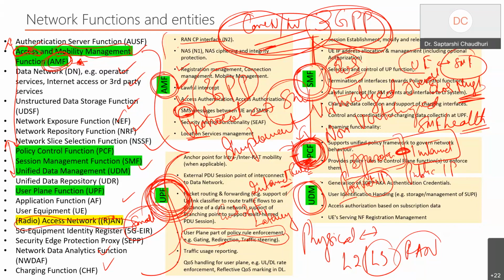And the last part is the actual database, like whenever the operator sells a service to you. That's a database that he maintains from the UDM point of view. So this is the operator's world. There are many other things that are part of it, the exposure function, the analytic function, a lot of things that 3GPP has defined. So it's left to the operator how they want to take each of these entities.